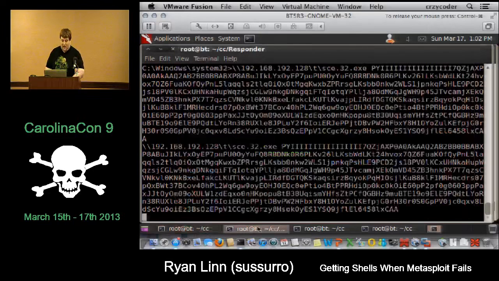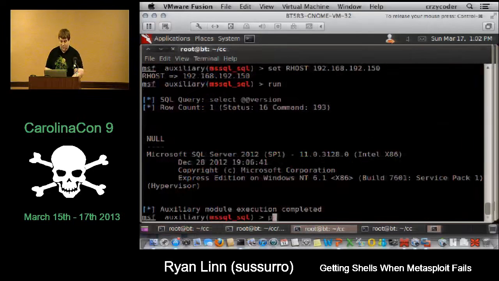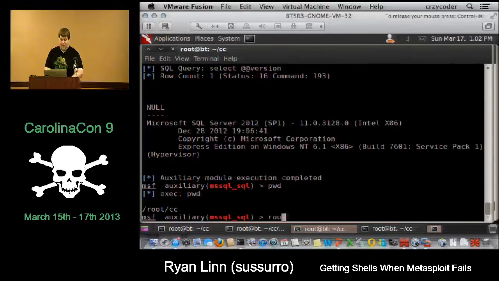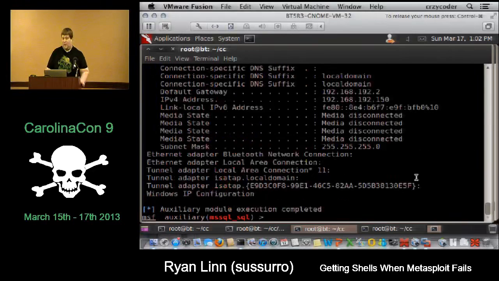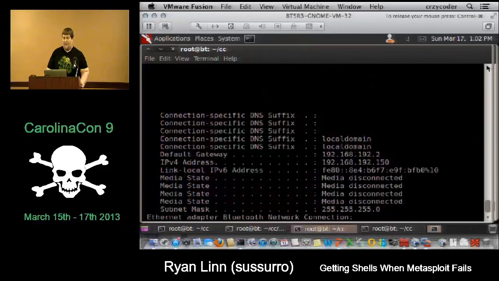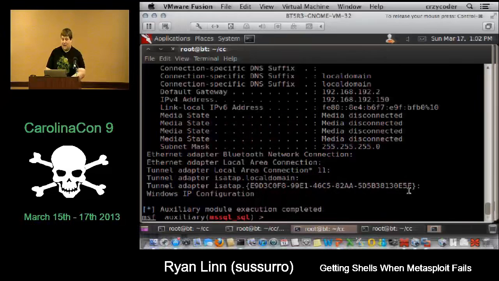So back in Metasploit, make sure I'm in the right directory, and do enable XP command shell, and it'll run through, and then at the end, I can see IP address stuff. So that was effective. We were able to turn it on there. And so then from here, all I have to do is set the SQL statement to